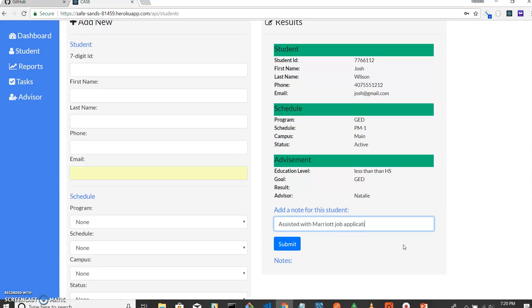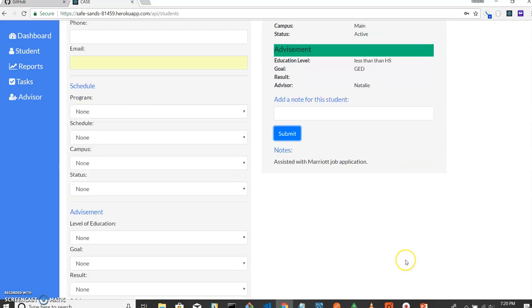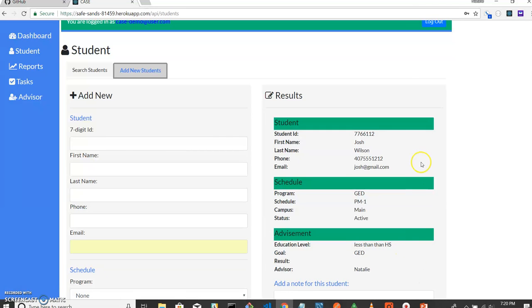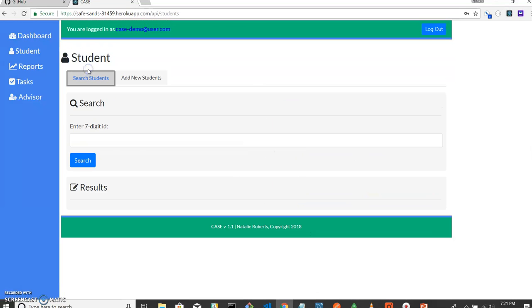And I click Submit, and the note appears below as well. So his information's been added. Now, if I want to go and actually search for Josh or any other student, I can come over to the Search Student section,